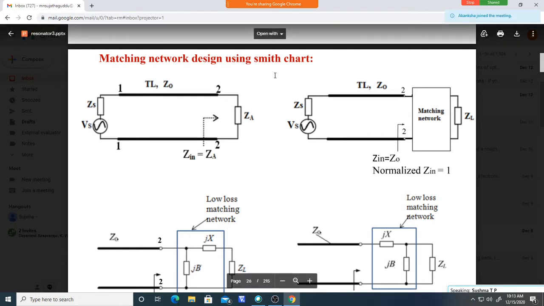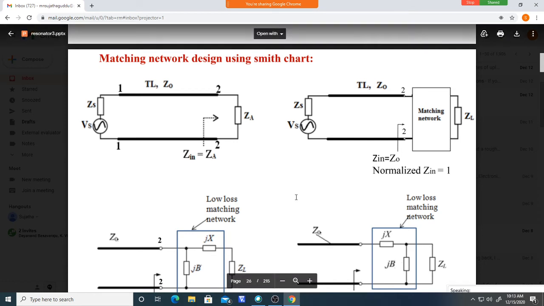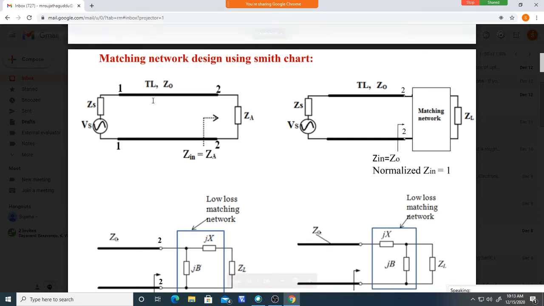Okay. So, matching network design using the Smith chart. We can now use the ZY Smith chart to find the impedance matching network. In the TLW and also in this unit of your RF circuit, the L matching network is there and also stub matching is there. Two types of matching network we are studying in unit 3 of your RF circuit: one is the L matching network, another is the single stub design. Both are there. So first we will see how to design the L matching network.